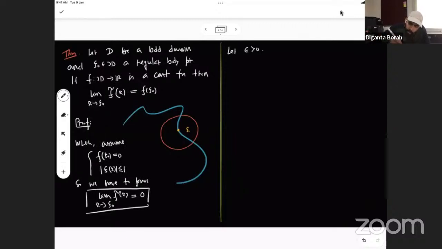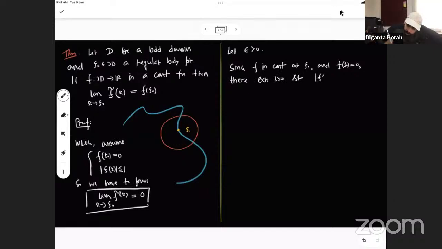See, what I know is that f is continuous, right? F at zeta naught is continuous, and it is 0. So since f is continuous at zeta naught, and by our assumption f of zeta naught is 0, there exists delta greater than 0, such that